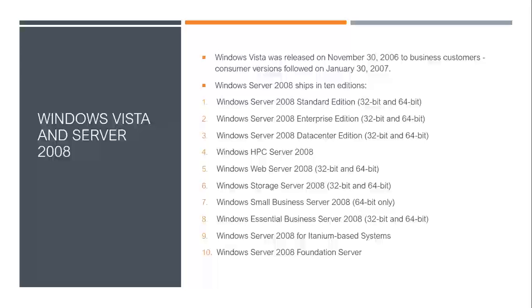There are also some other editions in Windows Server, like Windows HPC Server 2008, Windows Web Server 2008, Windows Storage Server 2008, Windows Small Business Server 2008, Essential Business Server 2008, and many more.